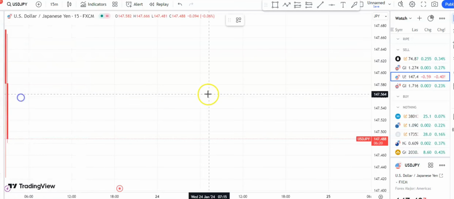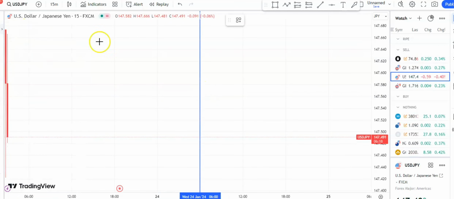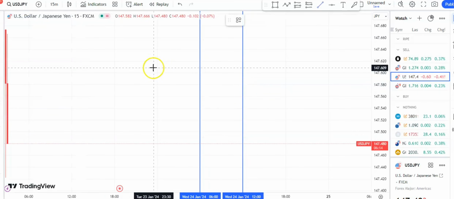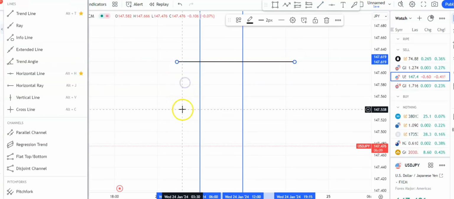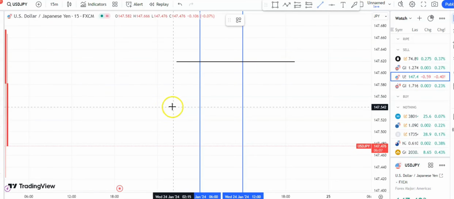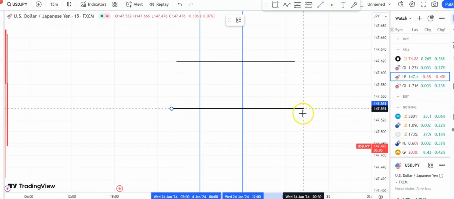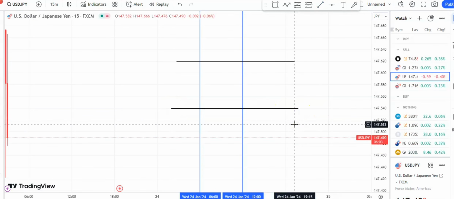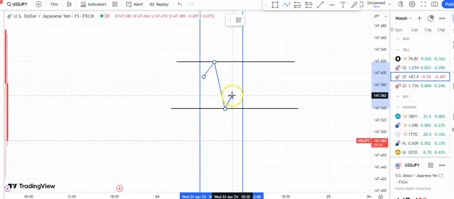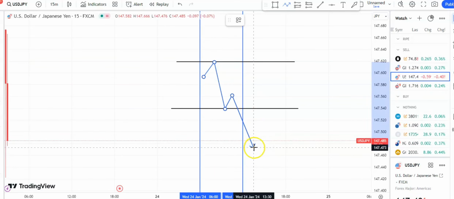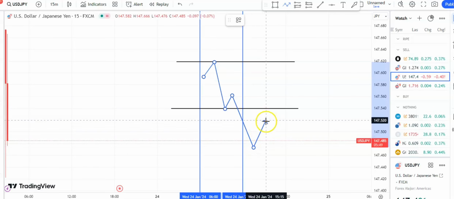So day one, Monday, sets the high and the low of the week. Simple. So if we have Monday setting the high and the low of the week, then you can look at where the high and the low of the week is. Because if we have that high there and that low there, if on Tuesday price breaks out and closes back,